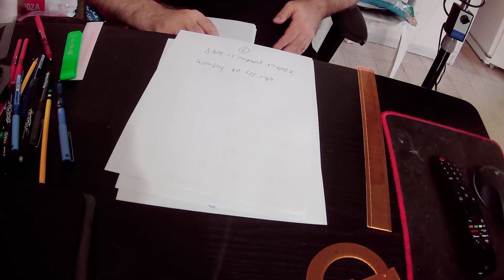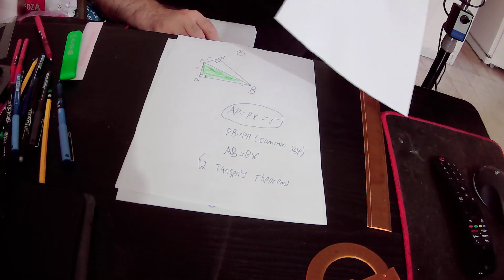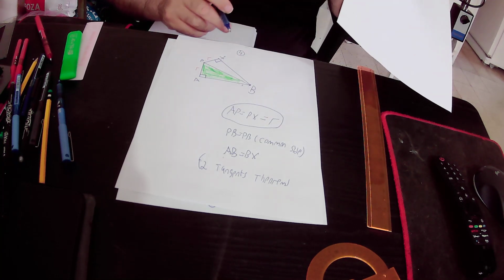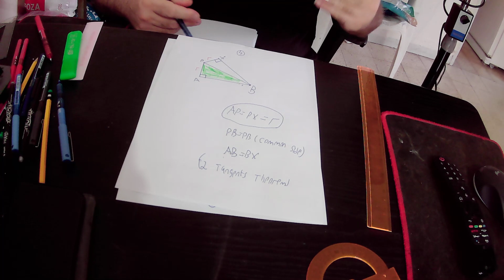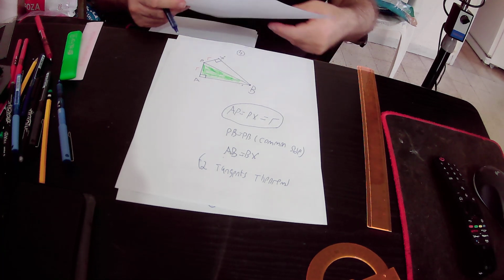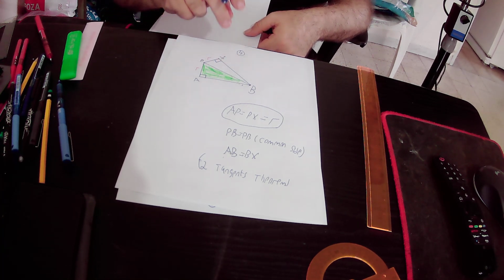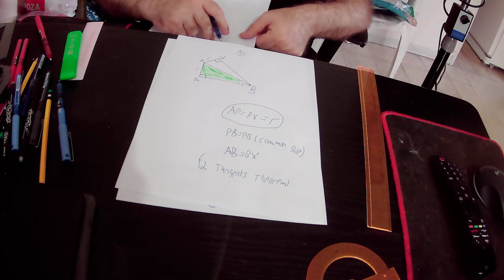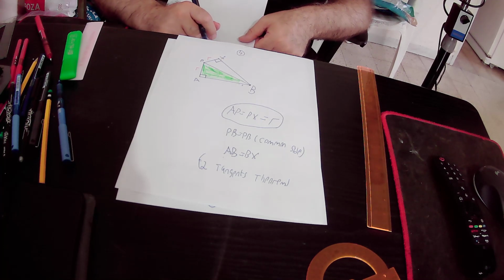Okay? So we proved the triangle APB is congruent to triangle PBX. Therefore, from the fact that those two triangles are congruent to each other, we can derive